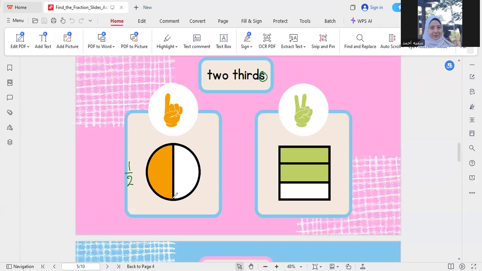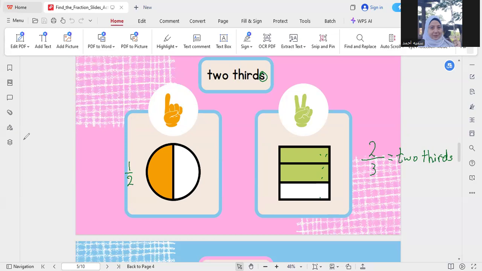It's not the right choice. We have here 1, 2. This is the number of the numerator, and 1, 2, 3 is the number of the denominator, 2/3. This fraction equals two thirds. Okay,